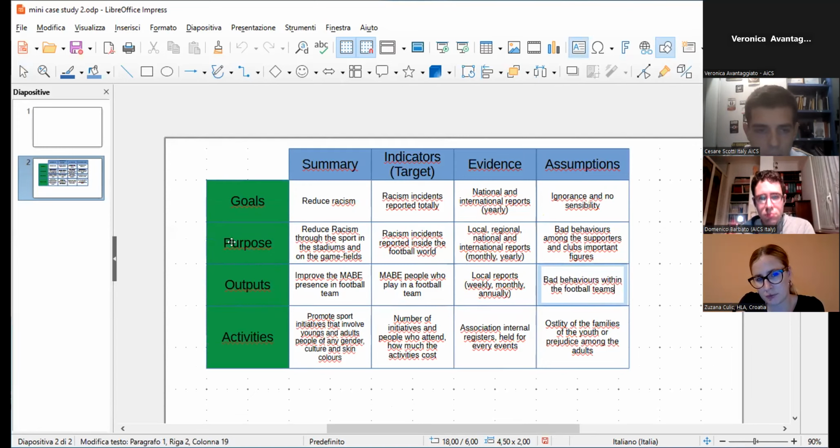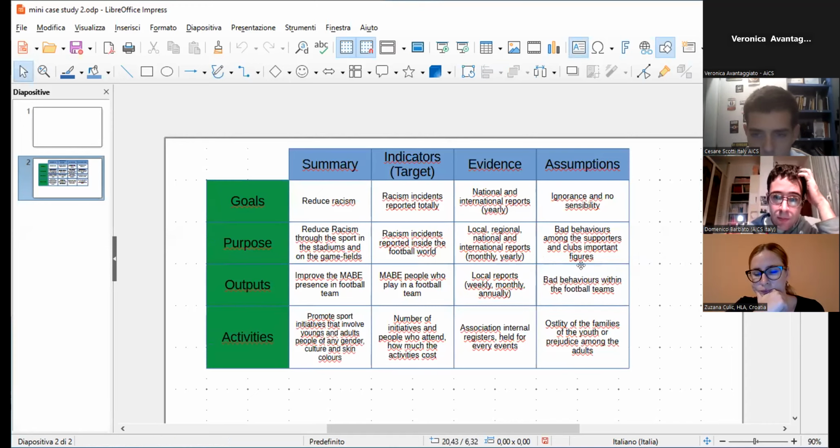So that is our purpose, to reduce racism through football. And if we reach this output, so if we go to the next step and our teammates are good,